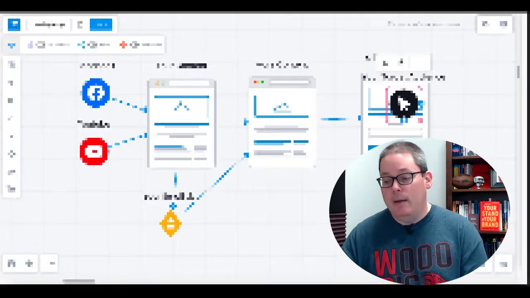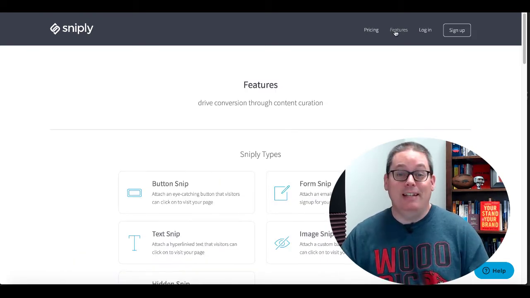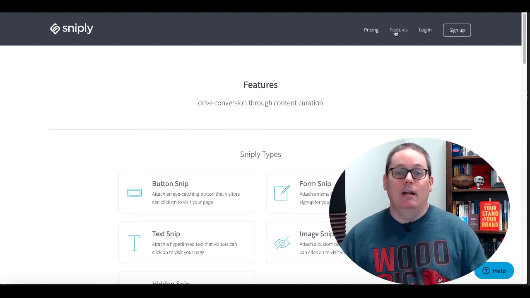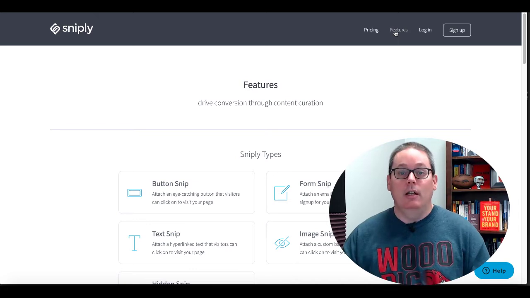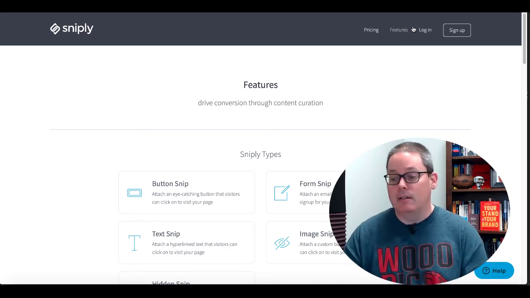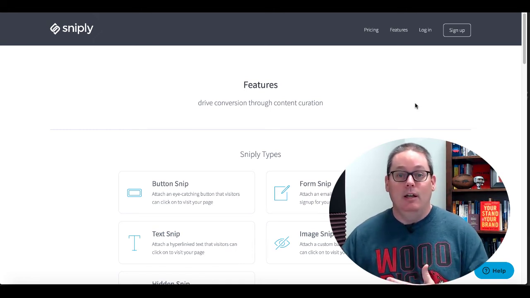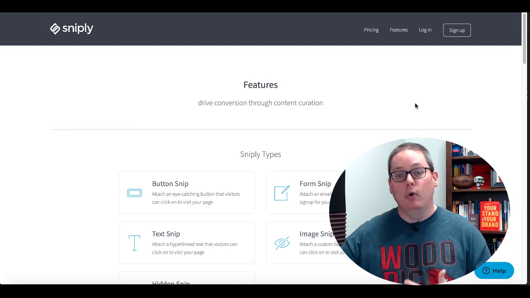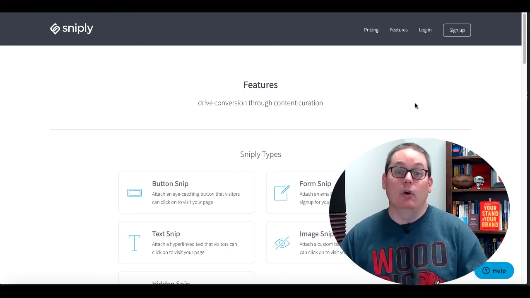So one more time, definitely check out Snipply and its features. It is definitely a tactic and a technique that you could use to share other people's content, and that gives you the ability to overlay your own call to action and put your brand on that piece of content, on the content out there that is shareable in that fashion. Because understand that some content is not going to allow Snipply to pull their content in and let you overlay your own branding and your own call to action.